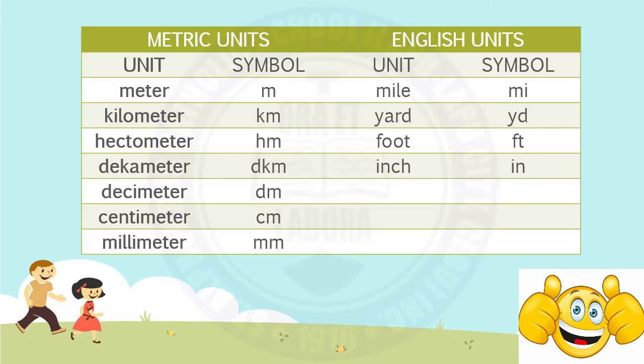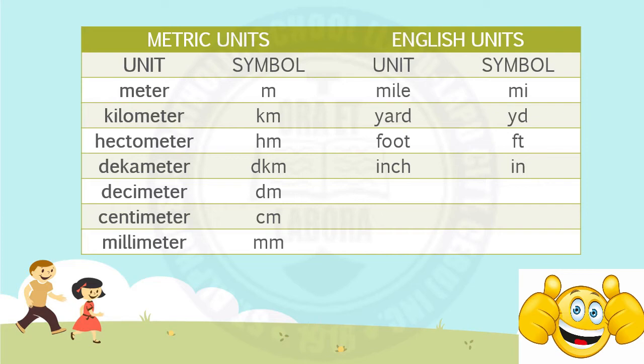For meter, the symbol is m, small letter m. Kilometer, symbol is km. Hectometer, symbol hm. Decameter with the symbol of dkm. Decimeter with the symbol of dm. Centimeter with the symbol of cm. Millimeter with the symbol of mm. And for the English units,